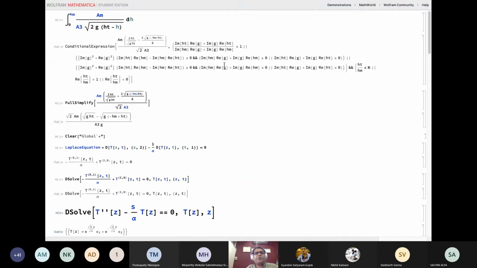So this is what we wanted to do, right? This is how Mathematica looks. It's a proprietary software, of course, but it's very powerful. You can do symbolic math here. So basically, this is what I have to solve, right? My mold height is 0 to HM, and time would be Am by Ag, whatever I have put, over root 2g(ht minus h) dH. So I can just put Ag here because I have put Ag there. This is what I want to solve.